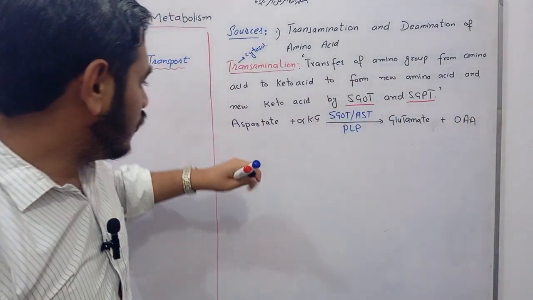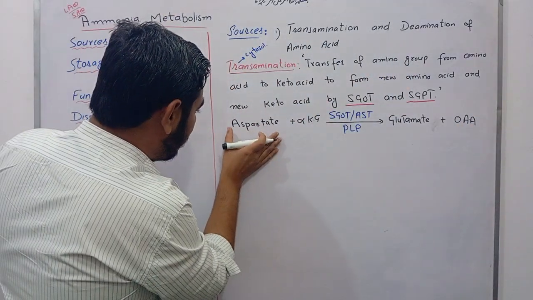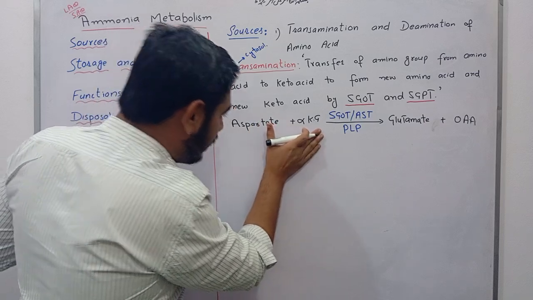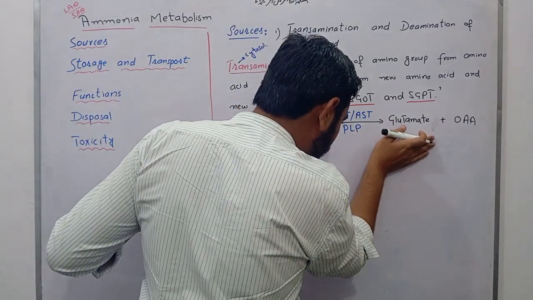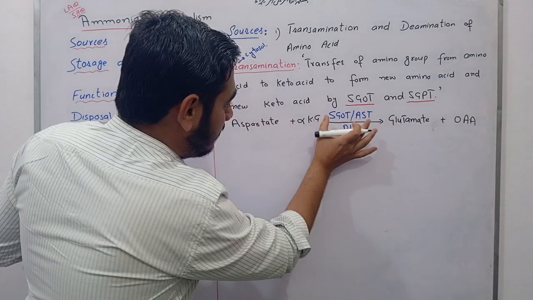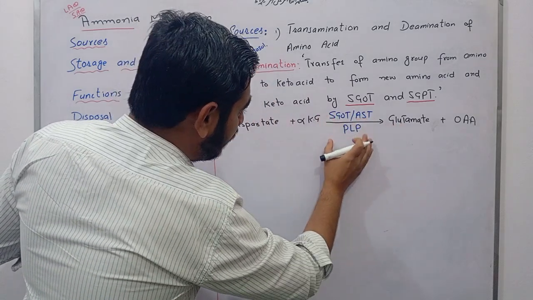So there is a transfer of amino group from this amino acid to this keto acid, and there is a formation of this new amino acid and new keto acid by this enzyme, and this enzyme requires PLP,